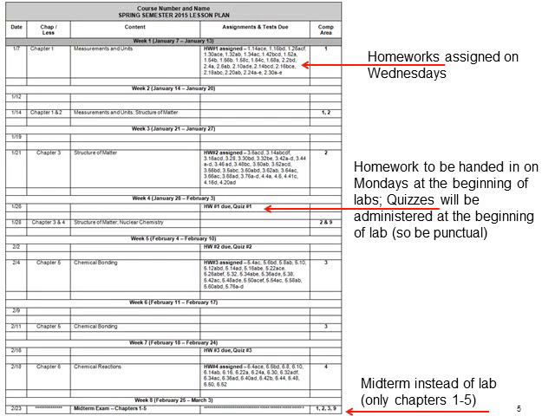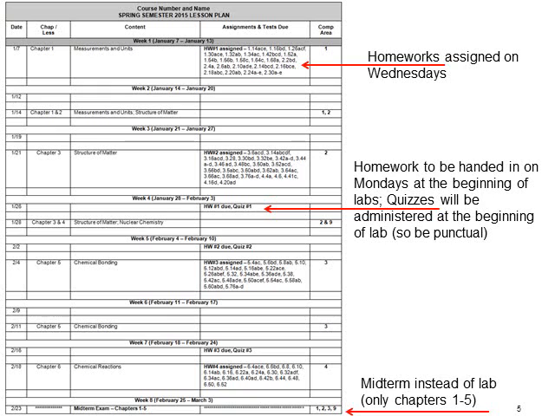Here is our semester lesson plan. I have noted the days that the PowerPoints of each chapter should be posted, and I have also noted when our homework and quizzes are due. Note that the homeworks are generally assigned on Wednesdays, so that is when the PowerPoint should be posted by, and the homework due dates are on Mondays on our lab meeting, so our first homework is not due until January 26th. We will also have a quiz that day.